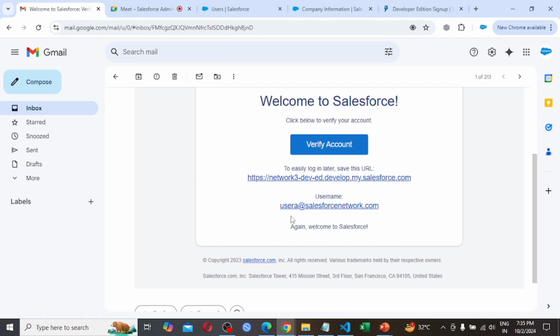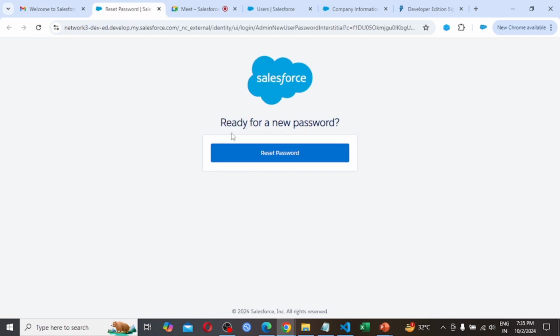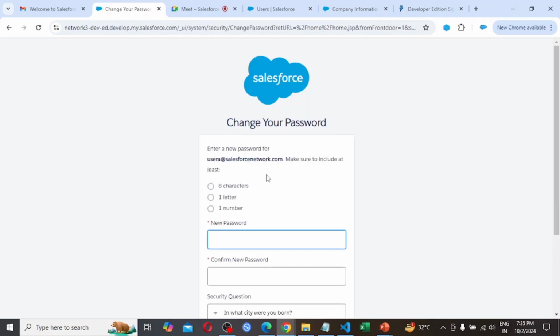So username will be userA@salesforcenetwork.com, what we had given there. So click on this verify account button. So it is saying ready to set new password, reset password. So we have to provide the password for userA@salesforcenetwork.com.